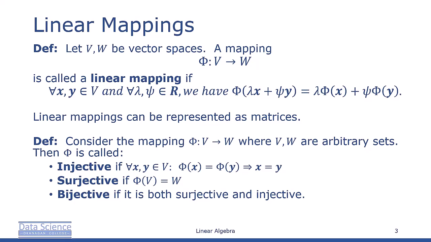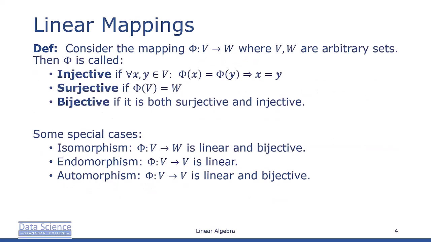The first property, being injective, in real space means that the function phi passes the horizontal line test. Surjective in real space means that the set of points that the function maps to is the entire range. Injective can be thought of as one-to-one, and surjective as onto. Keeping in mind these three definitions,